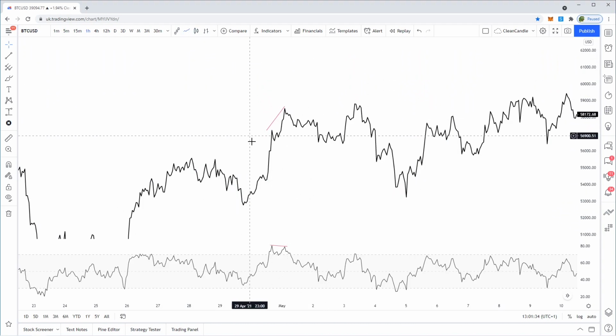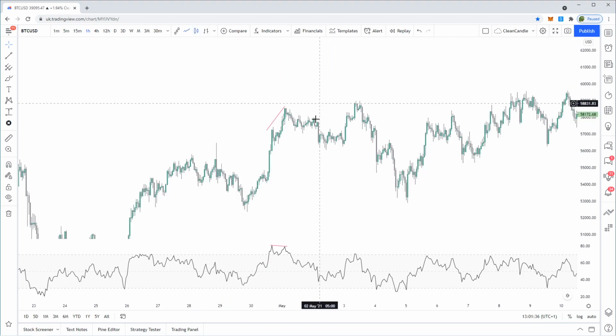The div should be present on the line chart the same way it is on the candle. And it has to look the same on both because we care about the closes. Okay. So what we've got here is that bearish divergence. We've got the higher high in price up here, and we've got the lower high here